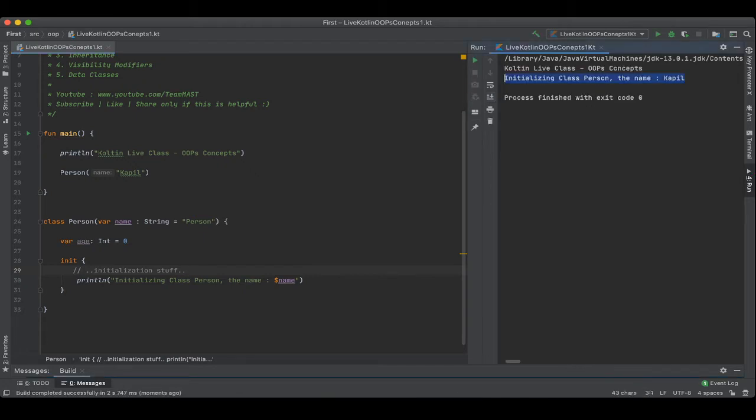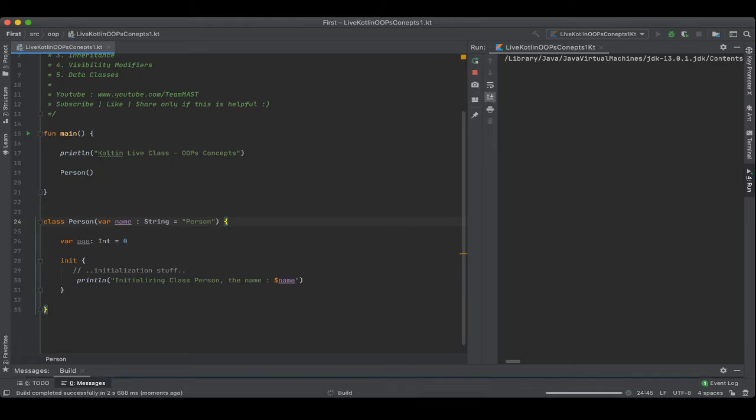So the name is Kapil, and even if I don't pass any name here, let's keep it empty. Since we have a default name here, which is just similar to what we saw in the functions class, like a named argument, like a default argument. So it will work like that. Let's run this. So the default name would be person. Okay, so fair enough. Let's go further,